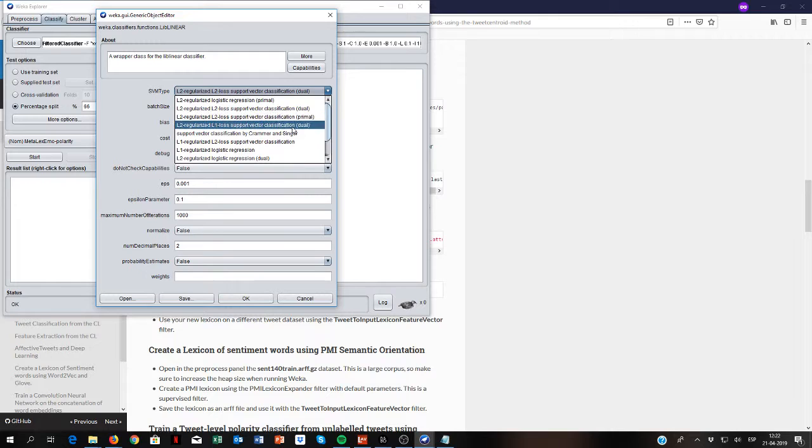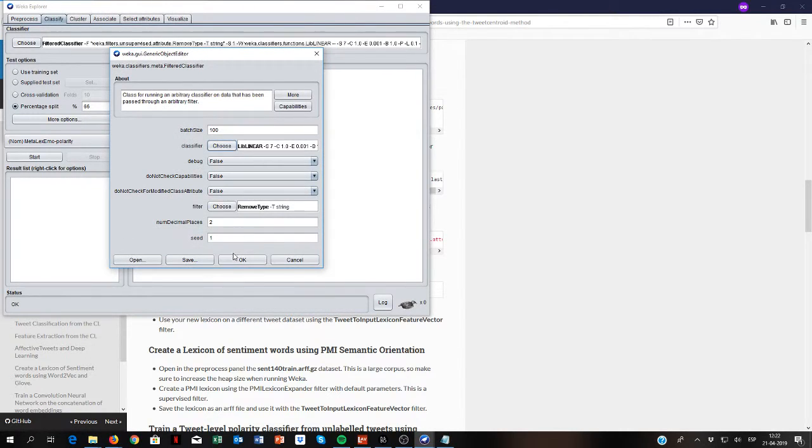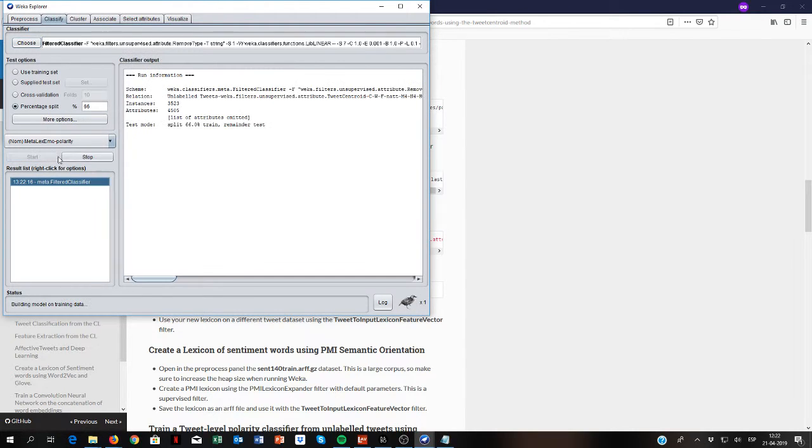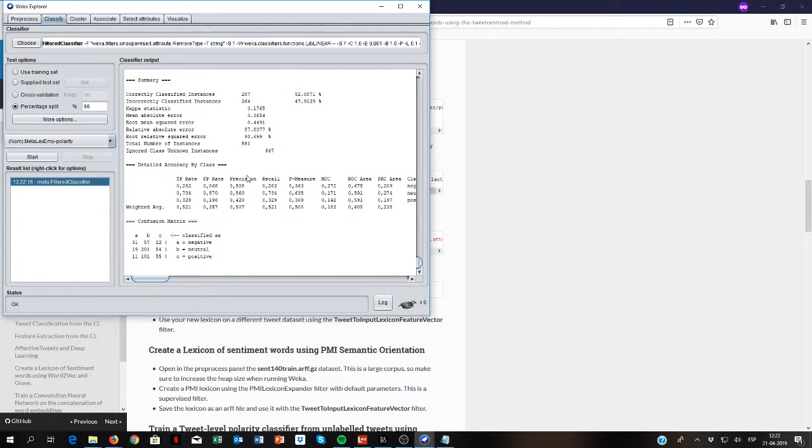So let's go to the logistic regression, a regularized logistic regression, and we set the probability estimates to true. Okay,